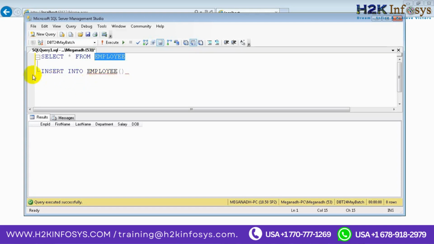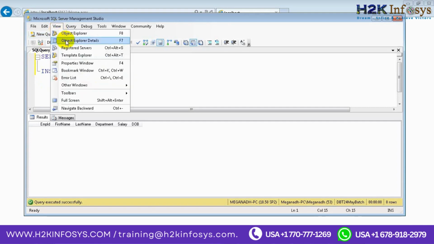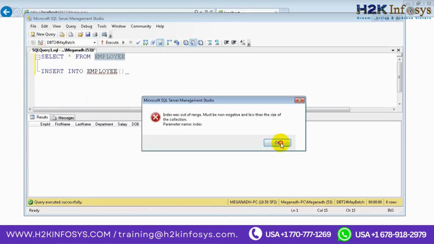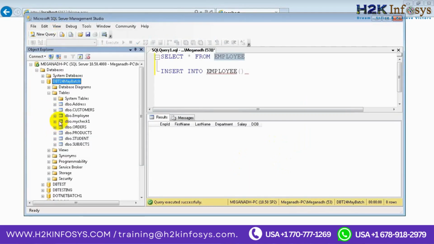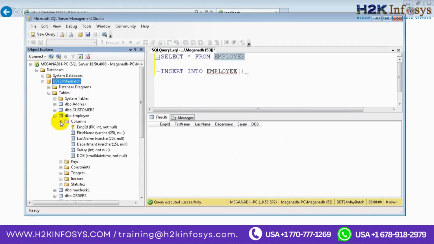To know the columns, I can click on View and see Object Explorer, and I can go to employee and see the columns. So I have these columns. But how will I know whether the column employee ID is an identity column or not? In the previous class I told one command for seeing the table structure. Anyone remembers that? Sys.columns, we can only see about columns in the